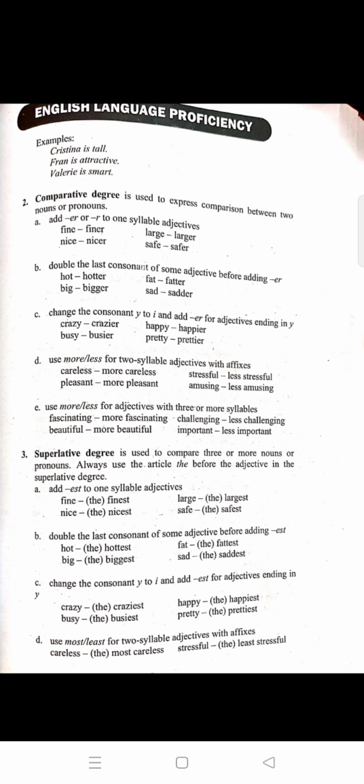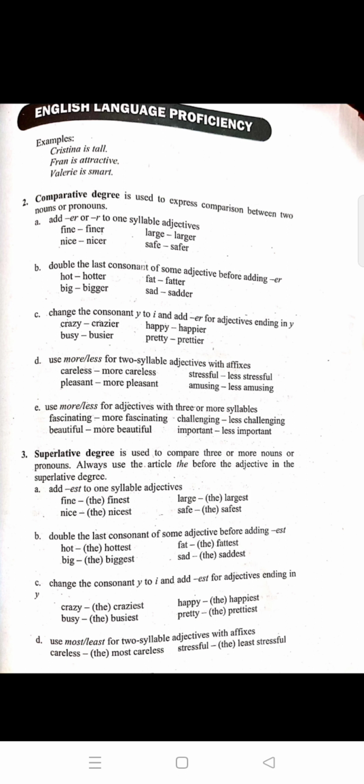Double also the last consonant of some adjectives before adding er, especially those that end in a consonant. Say hot, hotter. So you try to double the last consonant. Big turns to bigger. Fat becomes fatter. Sad becomes sadder. And the next rule is change the consonant y to i and add er for adjectives ending